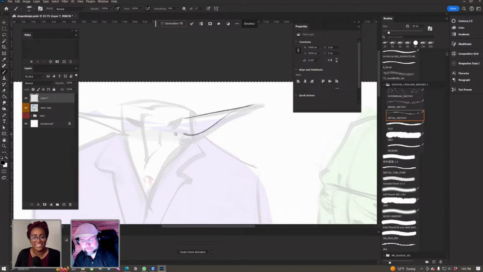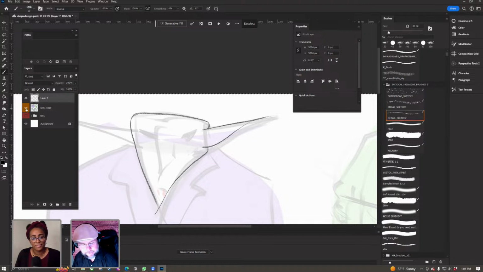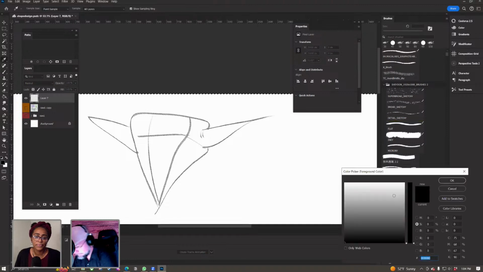So once I have that, because I have my guides, I can see this is going to be to the side. So overlapping your shapes too is really important. Like this right here will create the illusion that this ear is on this plane and not. And so when I do this one, it'll be hidden behind here. This is super important to layer stuff.